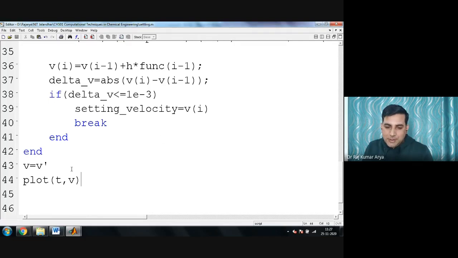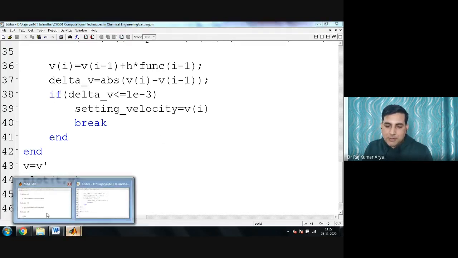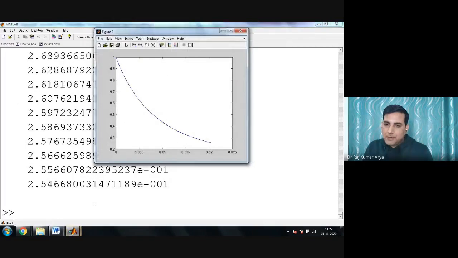So either it will take this, or if not, it will give some warning. It has come something. Now, looking here, does it look like the settling velocity has come? Looking here, it doesn't seem so. Yes or no? From this graph, it is still not a settling velocity, correct or not?